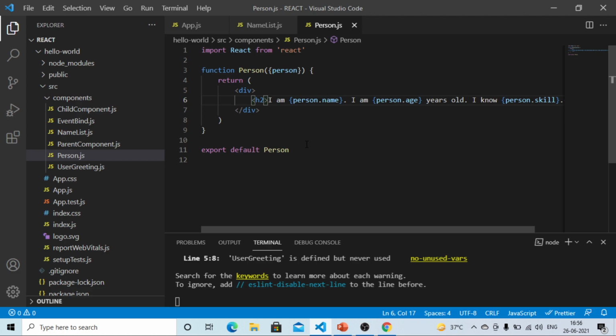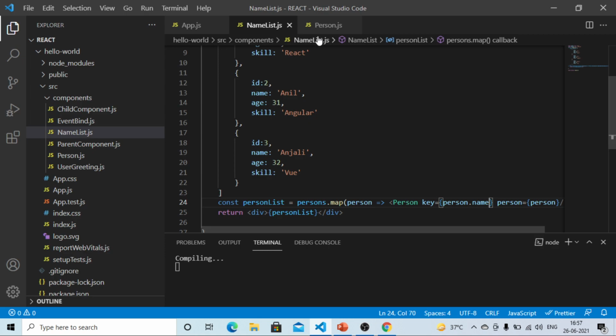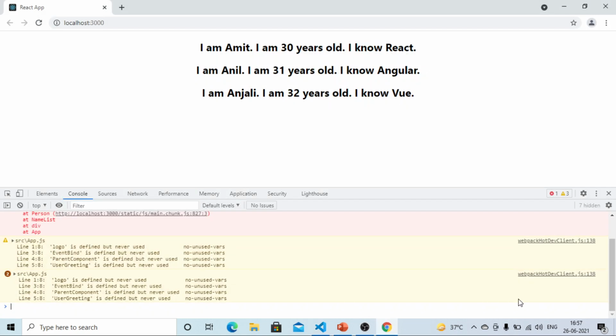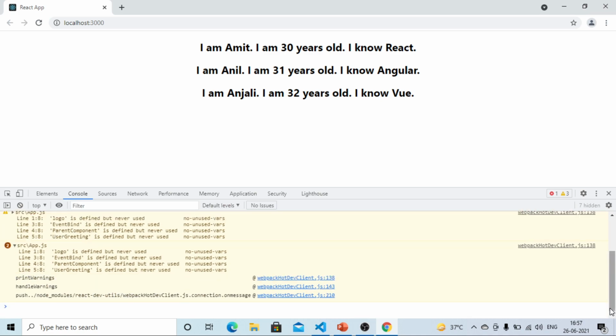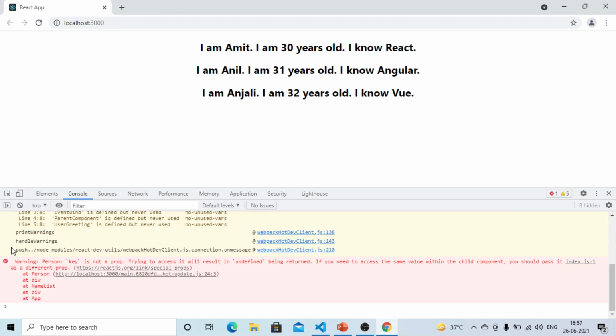If you destructure the key prop and try to render its value, it will give us a warning in the console saying that key is not a prop.